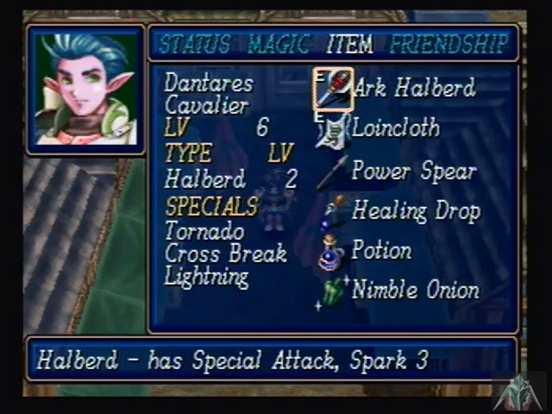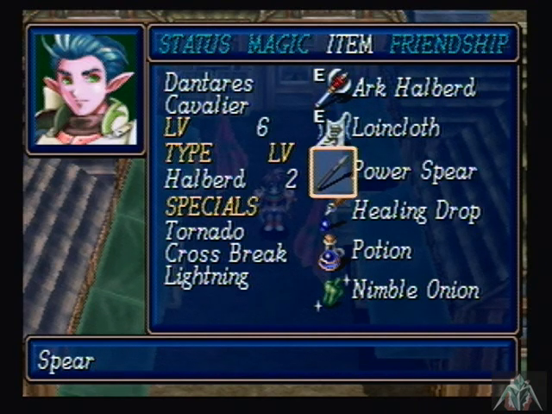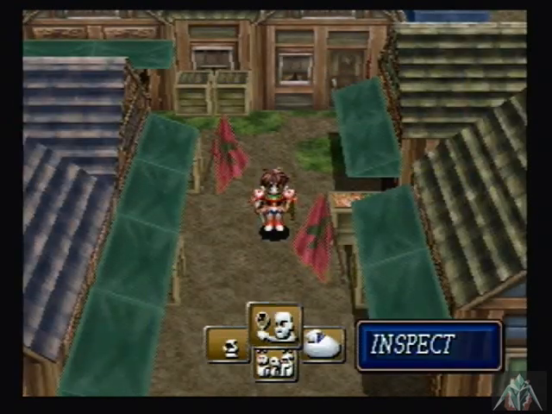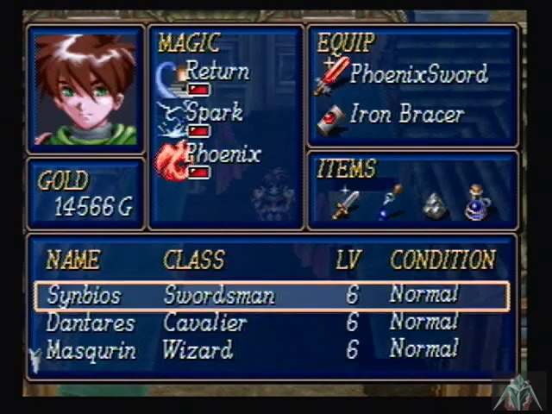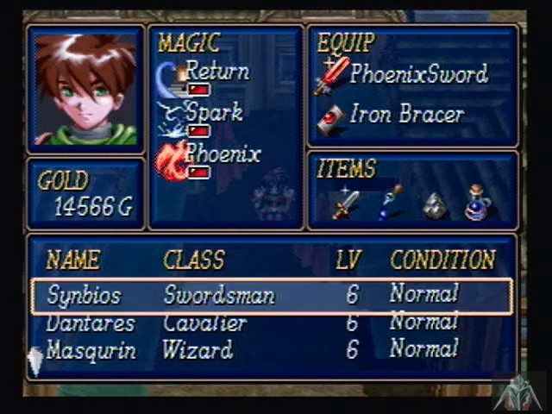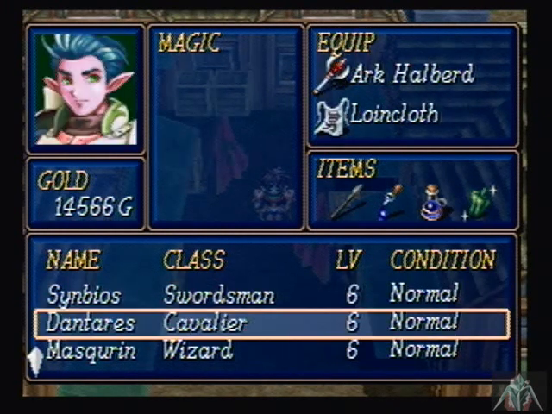Danteres, I made him the Arc Halberd. As you can see, I didn't make a power spear. I only had enough to make some weapons. As you can see in my stats, I was kind of running out of money. Then I sold a couple of things, and I've got enough to make another item. But what we're gonna do is we're gonna